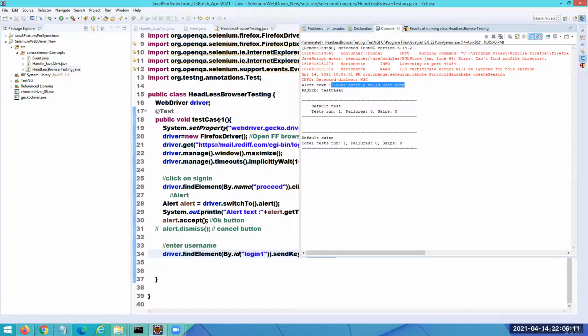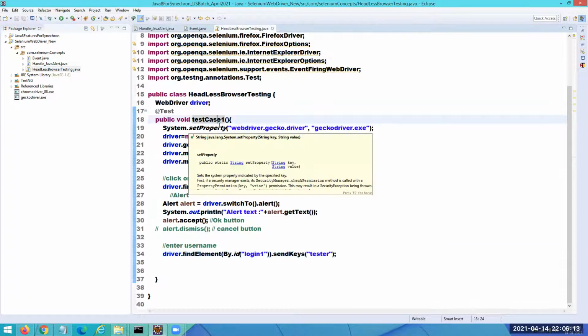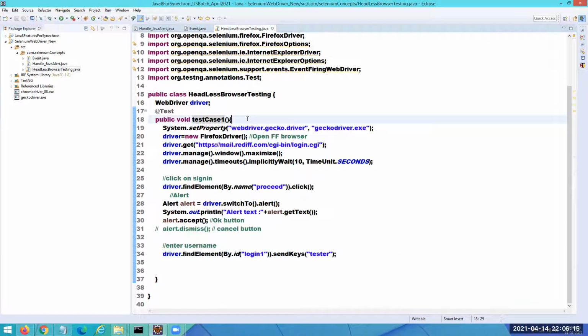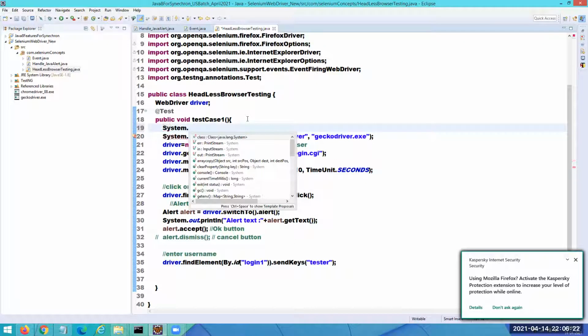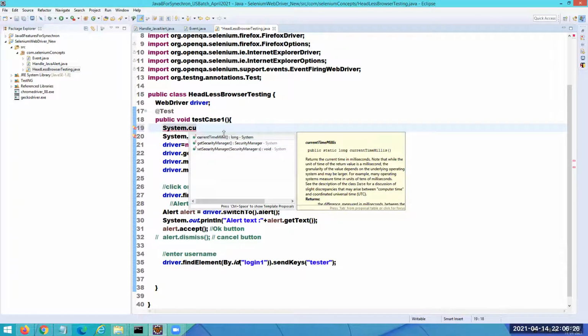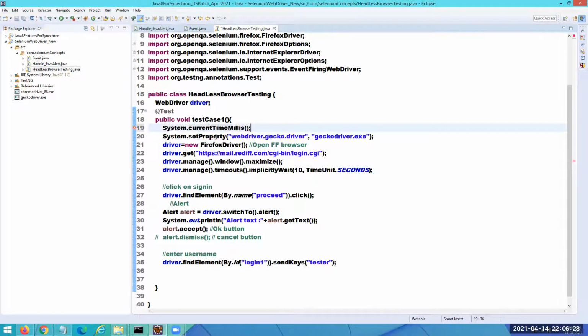So guys, let us see how much time it's going to take to execute this script. You might know this is purely Java code. We have a method in the system called current time in milliseconds. The moment Selenium starts executing this line, I'm going to give the name for this as start. It starts counting the time in milliseconds, and it starts executing.